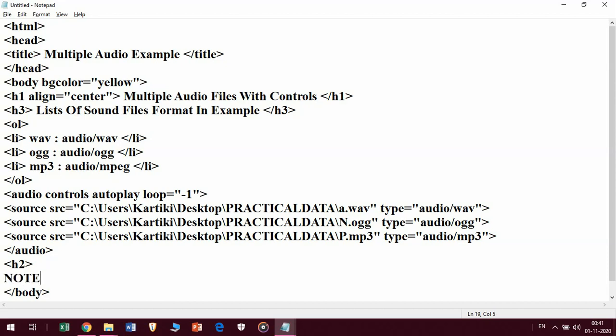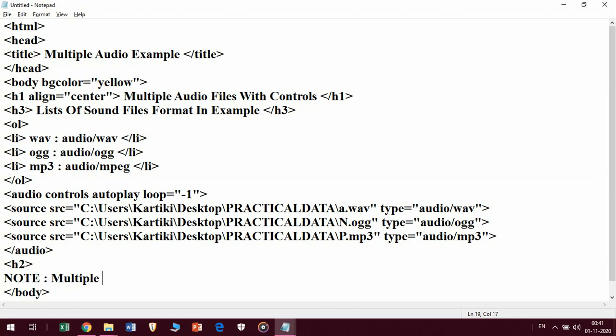Now see, into this note what I am writing, just see, they have told that you have to give an appropriate message if your browser doesn't support. We all know that we have studied in the theory lectures that multiple sources are not supported by every browser.